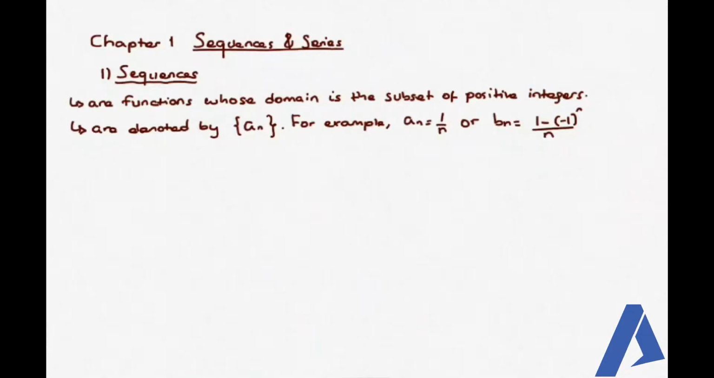የመጀመሪያው ቻፕተር ሲኩዌንስስ ኤንድ ሲሪዝ ይሆናል። ስለዚህ መጀመሪያ ሲኩዌንስስ እናያለን። These are functions whose domain is the subset of positive integers። ማለትም sequences are functions that are used to describe functions with discrete patterns። ዲኖት የሚደረጉት እንደዚህ ሲሆን as an example an ማለትም ፈንክሽናችን በn ነው የሚገለጸው 1 over n or bn 1 minus 1 the power of n over n። These are common examples of sequences።